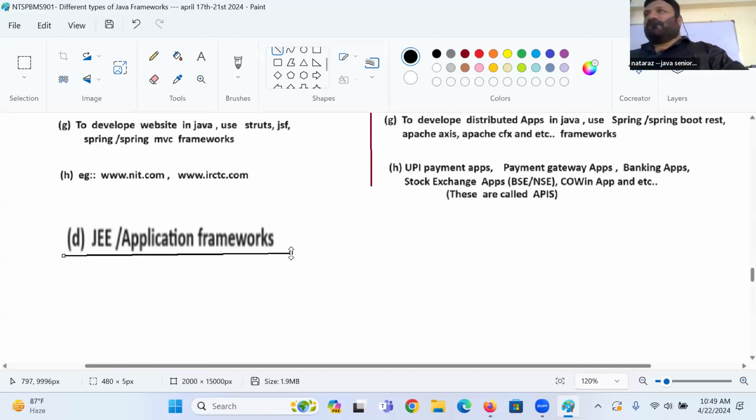So we are going to learn the application framework or JEE framework so that I can develop all kinds of projects, applications and logics. That's why Spring Boot is called an all-rounder framework. I hope you enjoyed this statement thoroughly, guys.